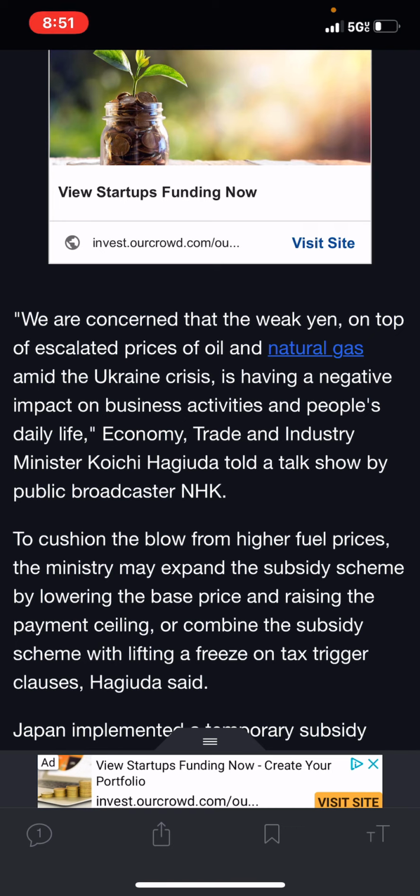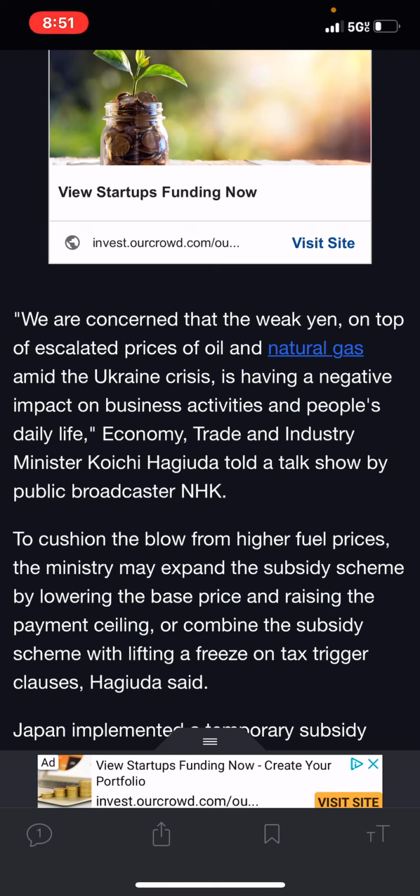So if these economic measures, interventions, and policies that they're putting in place start to control the gas prices in their country, what we're going to see with the Japanese yen is it gaining even more strength. Throughout the previous trading week we did see it gain strength, but now we're going to start to see it gain even more strength due to the Japanese government taking this very tough position on lowering gas prices.